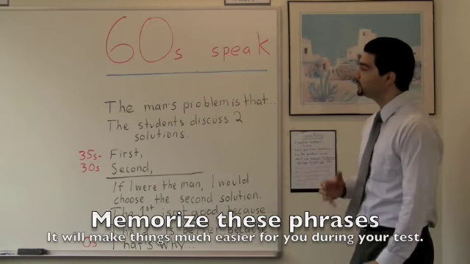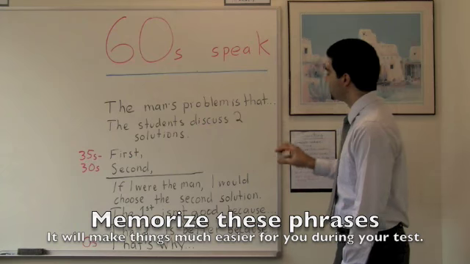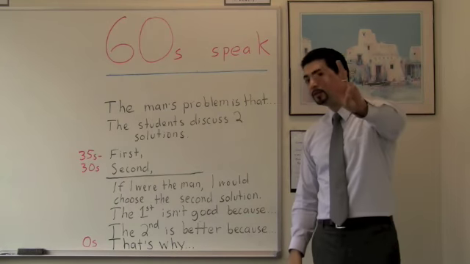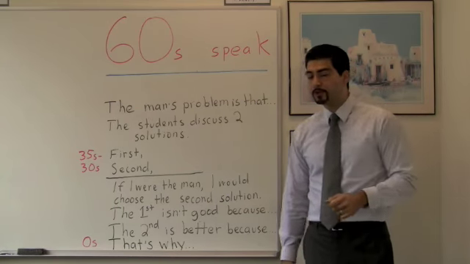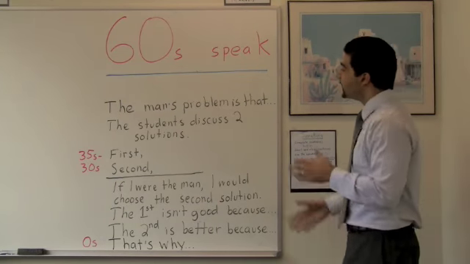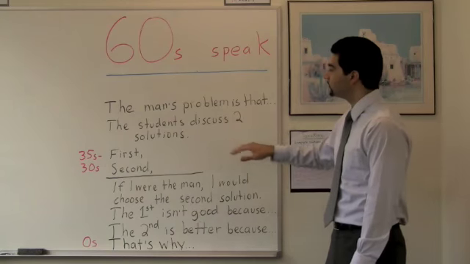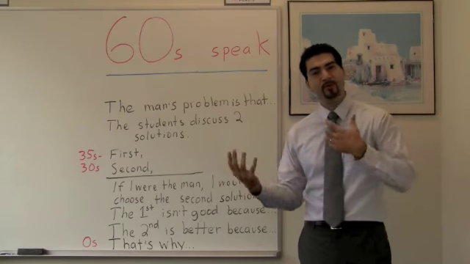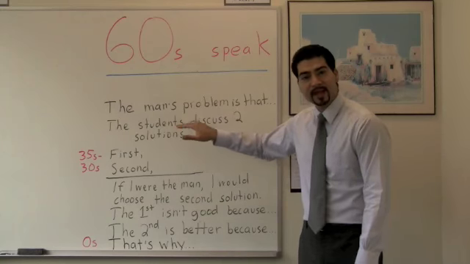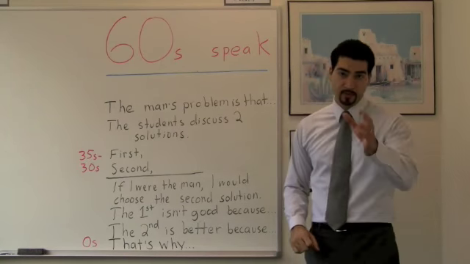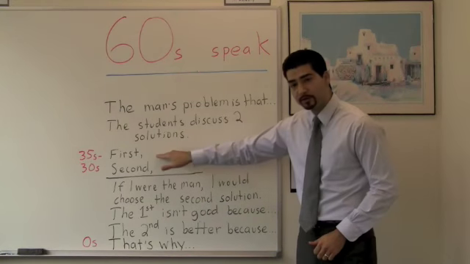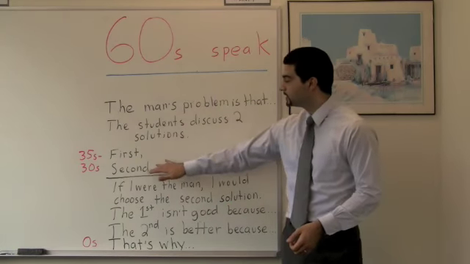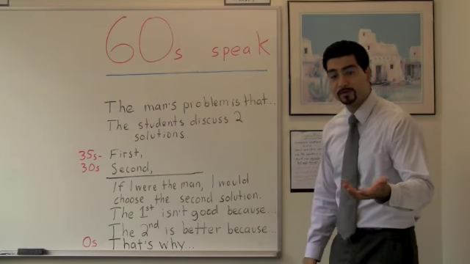Now, the first sentence is, of course, very clear. The man's problem is that. And that's where you say the information in the first circle. Everything you can. 3 sentences discussing the problem is pretty good if you can do it within the time limit. Then you make the transition sentence. The students discuss 2 solutions. Don't say the man or the woman, because sometimes it's mixed, so you don't want to make a mistake there. That's safe, that's accurate, and it will always be okay. So make sure you use that. And then, of course, just first, and then say the second circle, right? Information about solution 1.